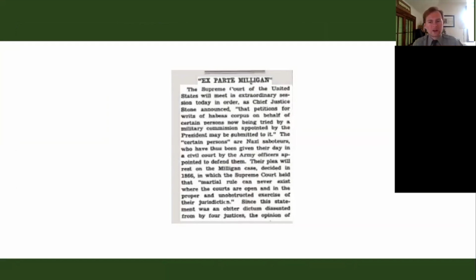While being tried in military commission, 7 of the saboteurs petitioned the Supreme Court for review of the procedures by which they were being tried. The Supreme Court did convene in a special instance for this case, and they argued that civil courts throughout the United States were open at the time, and that though there was no invasion in any part of the country, and that even though knowing that there was a precedent from Milligan that there could be no trial by military commission while the courts were open, and even in noting the fact that one of the petitioners had an American mother, courts still announced that it upheld the government's decision to try the saboteurs in a